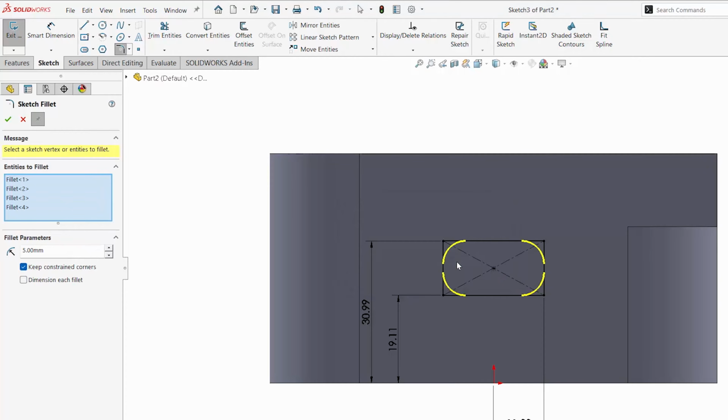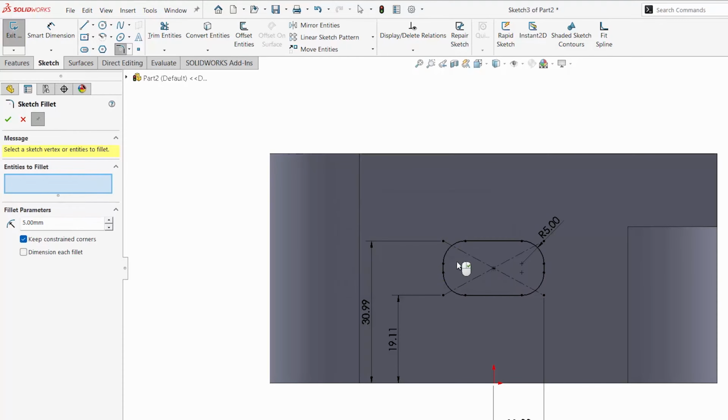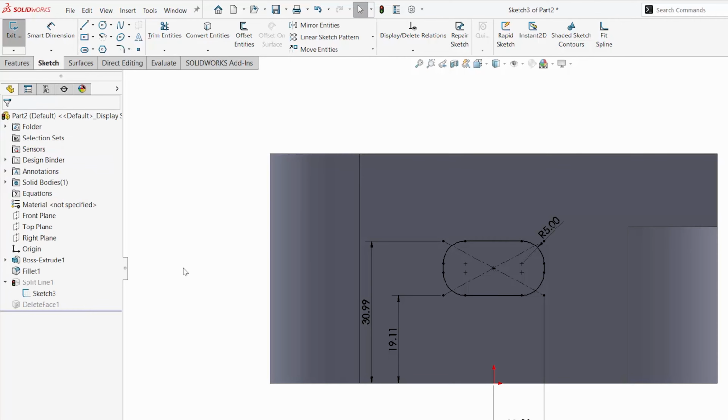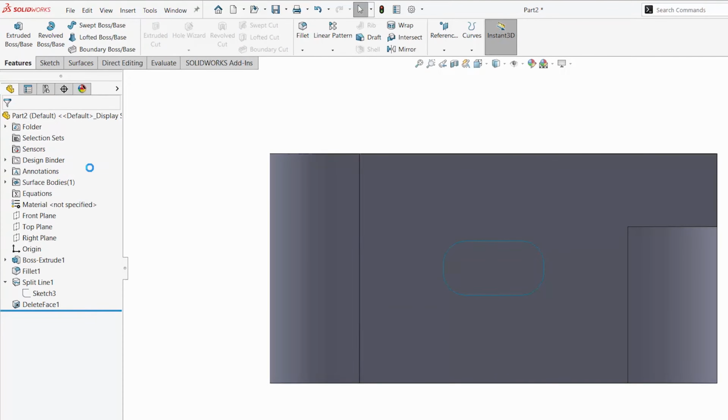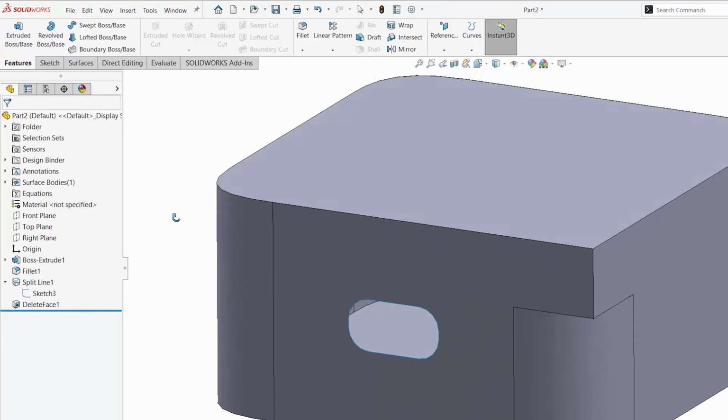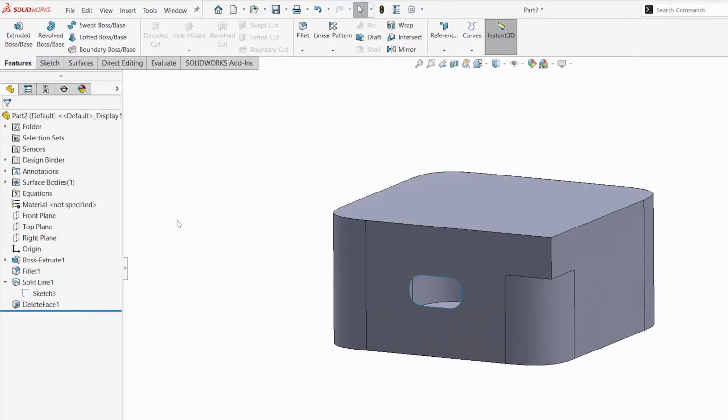Now, it will ask you if you do things like a midpoint rectangle, if it's okay to break some of those relations, but that should be fine in this case. But here, when we exit sketch, you can see now we get a nice rounded cutout from that delete face, something that we wouldn't be able to do with a feature fillet.